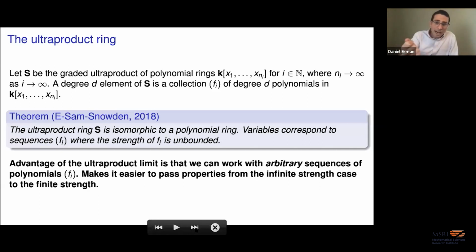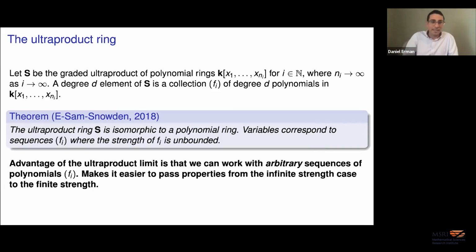But broadly, an element of the ultraproduct of rings is going to correspond to a collection of degree d polynomials, but then there's a funny equivalence relation on it. So it's not the direct product. It's like the direct product over a bunch of polynomial rings, but with this complicated equivalence relation on it. The ultraproduct provides a way to patch together a bunch of degree d polynomials and